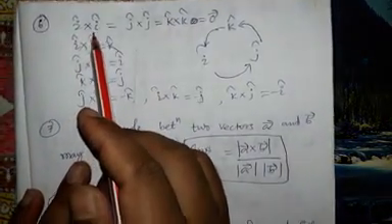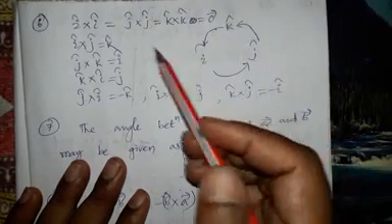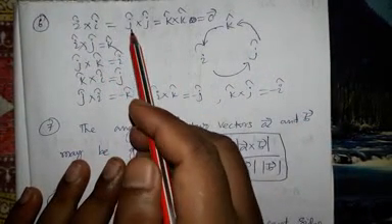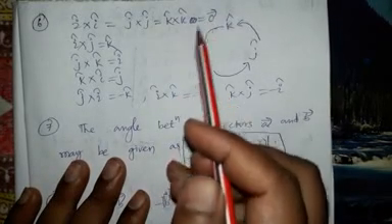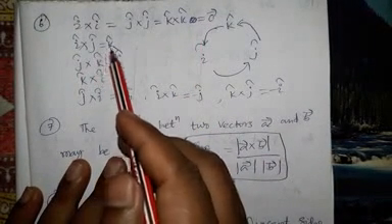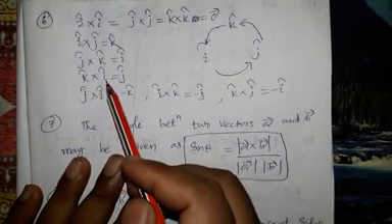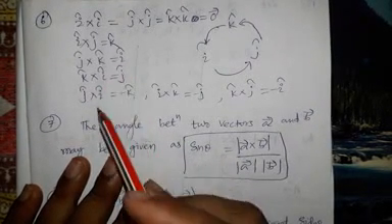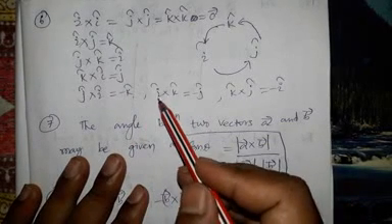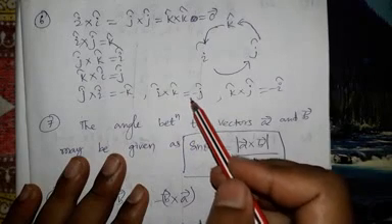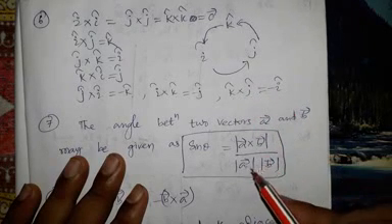Sixth property, that is i cap, j cap and k cap, right-handed thumb rule. i cross i vector equal to j cross j vector, which is equal to k vector cross k vector, that equal to 0 vector. i cross j vector equal to k vector. j cross k vector equal to i vector. Then k cross i vector equal to j vector. Then j cap cross i cap is equal to minus k cap. So i cap cross k cap is equal to minus j cap. k cap cross j cap is equal to minus i cap.